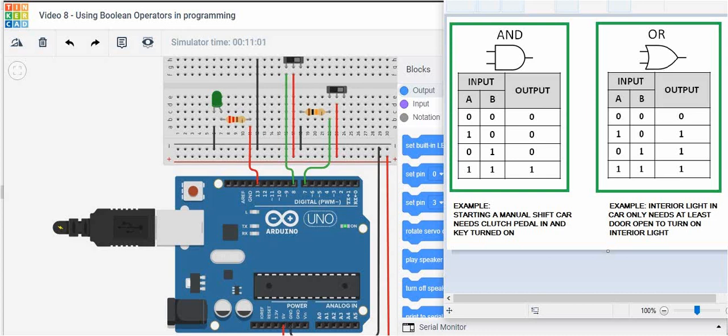In this video we're going to take a look at something called boolean operators. Boolean operators are very important in understanding computer systems and programming. We're going to take a look at an example in Tinkercad. First thing, if we take a look over on the right hand side,